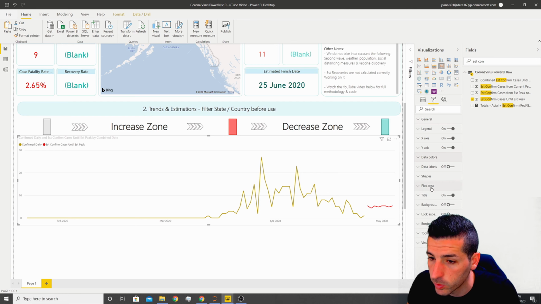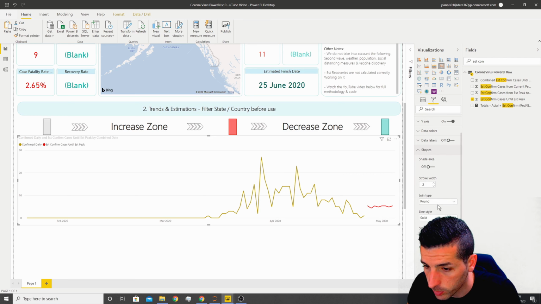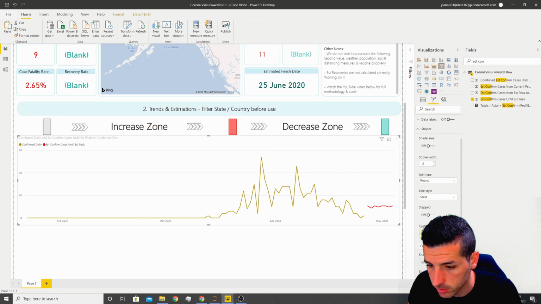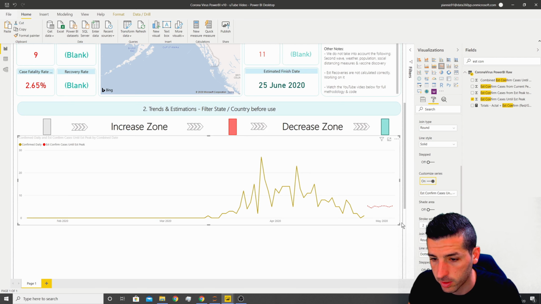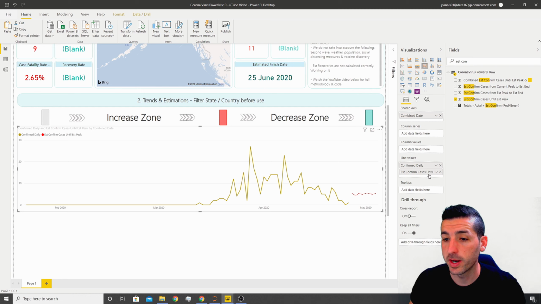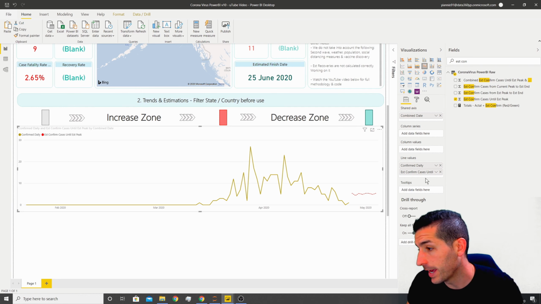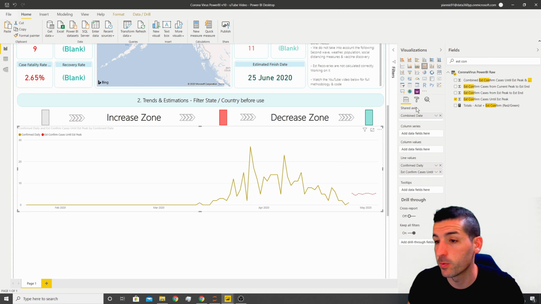I also want to change the shape to be a dotted line. So I go into the dotted line, but I actually want to do it only for customize. So I click on customize, I select the estimation, and then I change this one to be dotted. There we go. Moving on, the next line I want to plot is the estimated confirmed cases from current peak